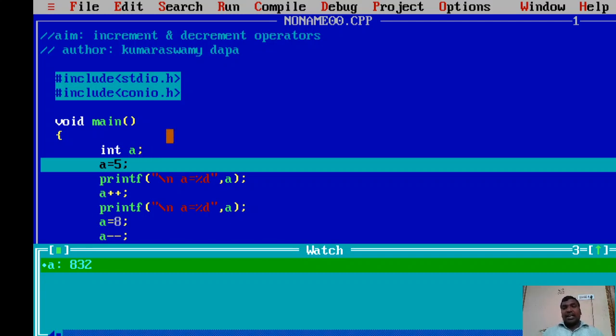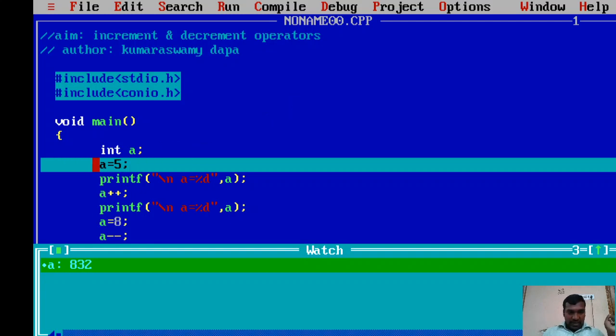Garbage value means any value in between some positive and negative numbers, in the range of minus 2 power 32 minus 1 to 2 power 32 minus 1. So it has been given some random value, which is 875.